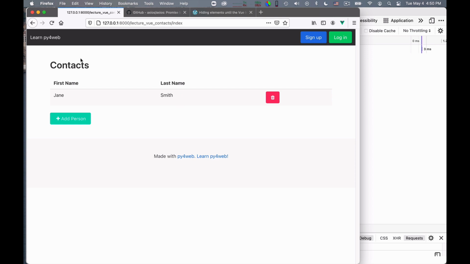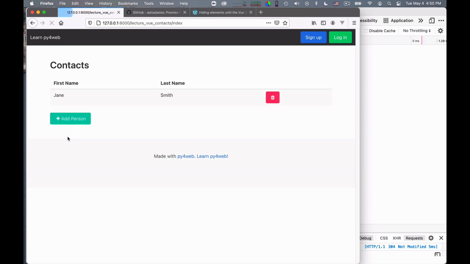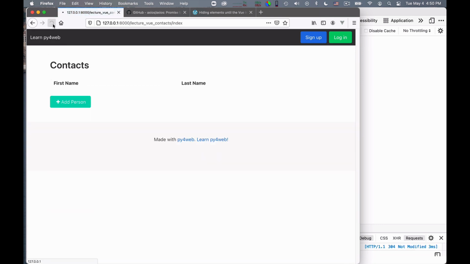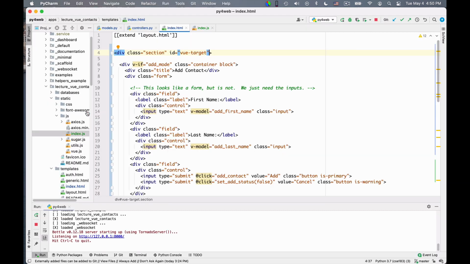There is one last thing I want to do. You see that when I load the page initially, I always have this annoying thing that I see the template, and only then I see the result. This is because essentially Vue needs a little bit of time to compile the template and figure out what to do with it. So when I reload, I see that annoying flashing. I would like the template to appear only when Vue has taken full control of it, and in order to do that, I do this.